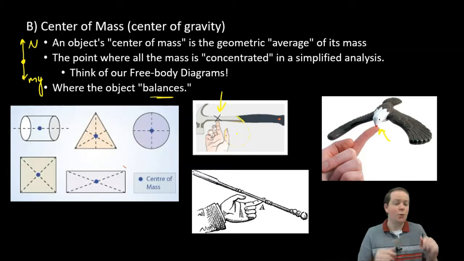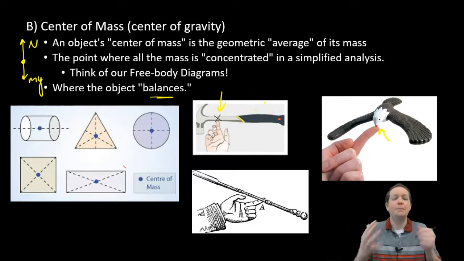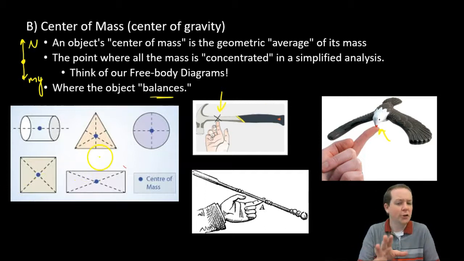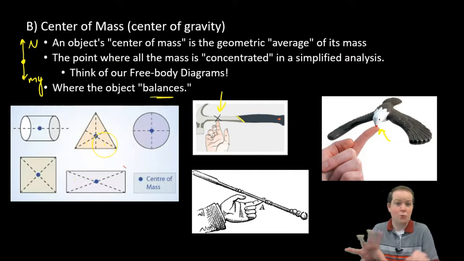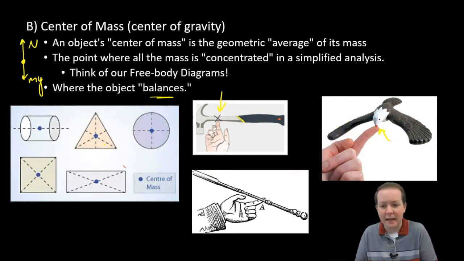Find any object, whether it's uniform in shape or not, try to find where it's balancing, and bam, you found the center of mass. At the most basic definition, it represents where the mass of an object can be simplified to exist, where it's concentrated, its average location. For a single object, it's just going to be right smack in its center if it's geometrically and uniformly created. Even if it's roughly shaped, it's just where the object is balancing.